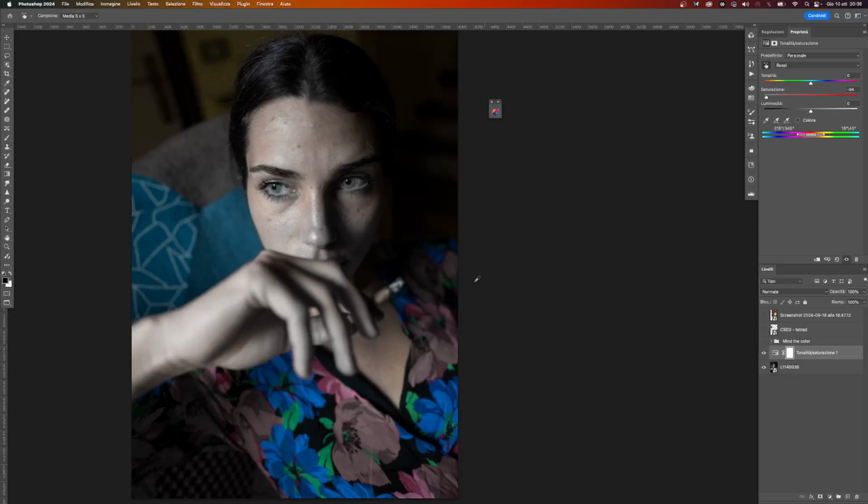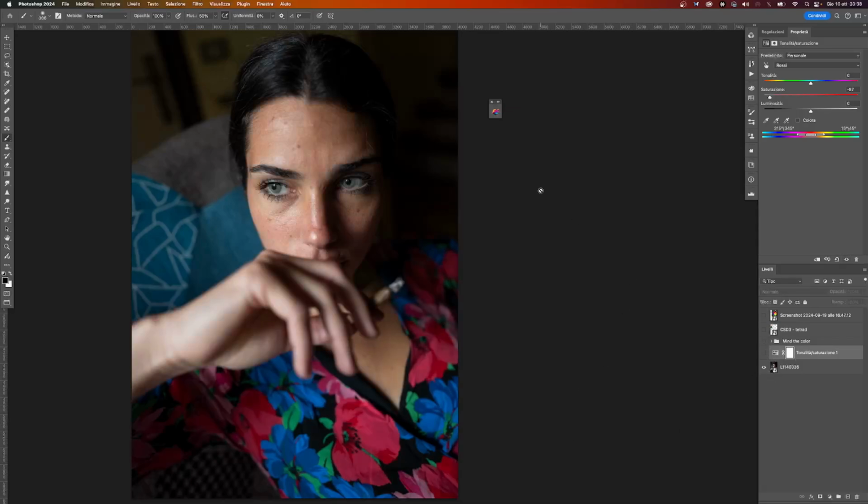So if I want to save the skin tone now, I should grab a black brush and paint with black inside the mask to take off the skin tone. But you know, it's not so precise, not so fast, not so smart. I should maybe have a more precise mask, maybe a luminosity mask, a hue mask, a saturation mask.